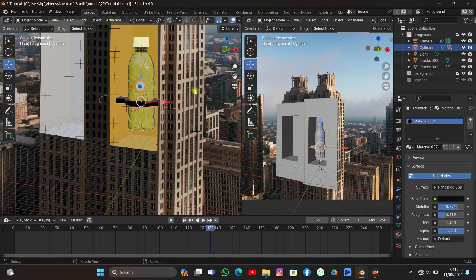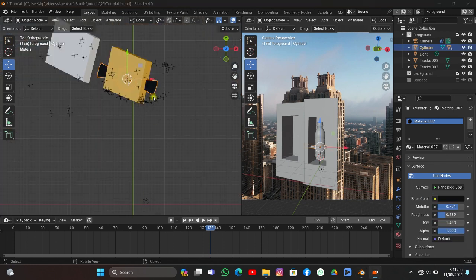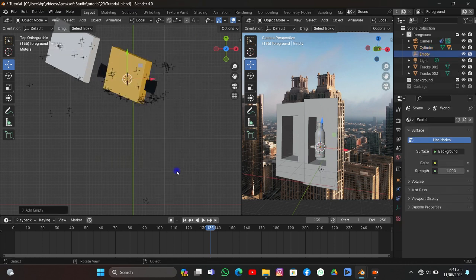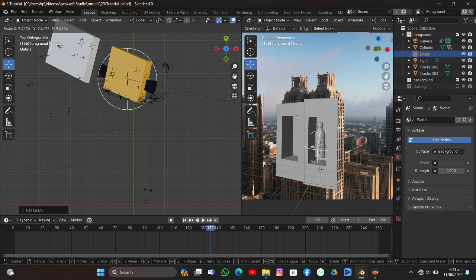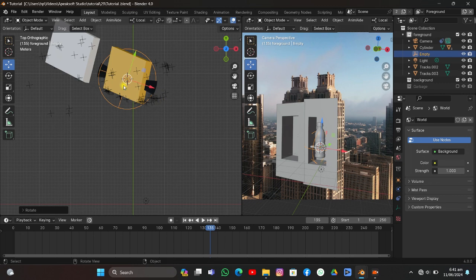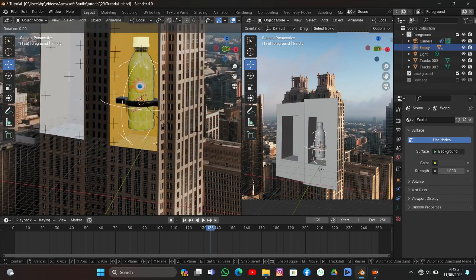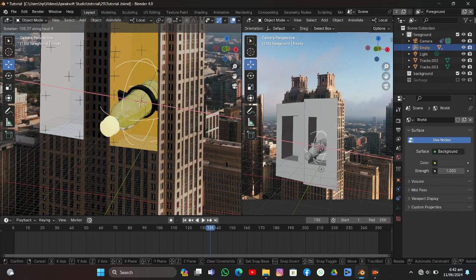Right now, I'm going to select the cylinder object, and I'm gonna go to top view. I'm gonna hit Shift S, cursor to selected. I'm gonna add an empty, which is going to be a sphere. I'm gonna scale it up like that, and I'm trying to rotate it so it just fits in with the cylinder object. So I'm gonna select the cylinder object and then our empty, and hit Control P to parent it. So if we're in local, we can rotate it on the x-axis, which is pretty good,